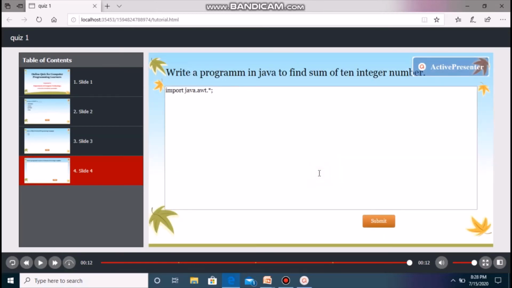So if you want to create this type of quiz, you choose Active Presenter and it allows you to create a web browser based e-quiz. So friend, let's start our actual hands-on session.